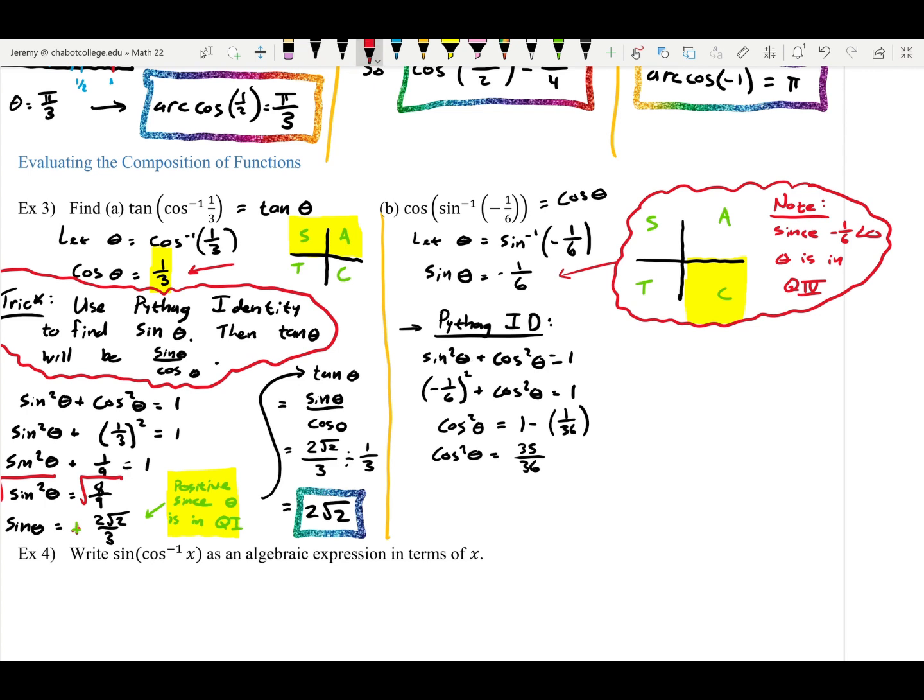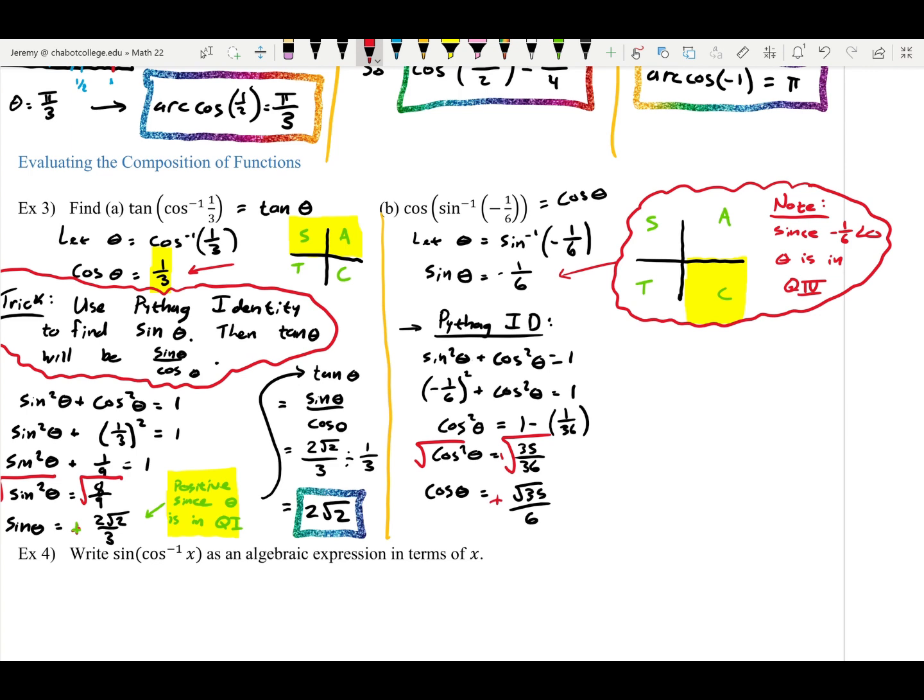And then I'll take the square root of both sides. And there will be a plus or minus in the next step. So cosine of theta equals plus or minus root 35/36, or I could just write that as root 35/6 because root 36 is a perfect square. Is it going to be a positive or a negative value though? Well, we're in quadrant 4 and cosine is positive in quadrant 4, so this is going to be a positive